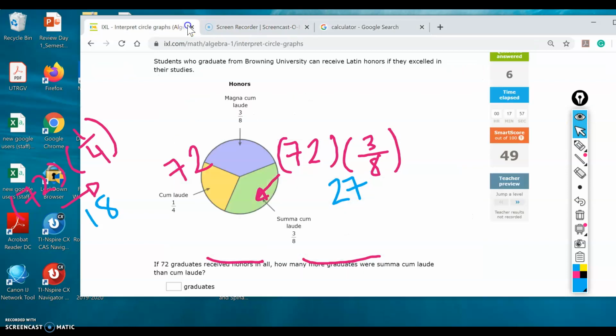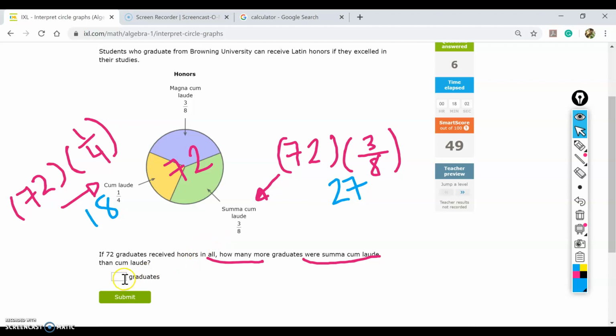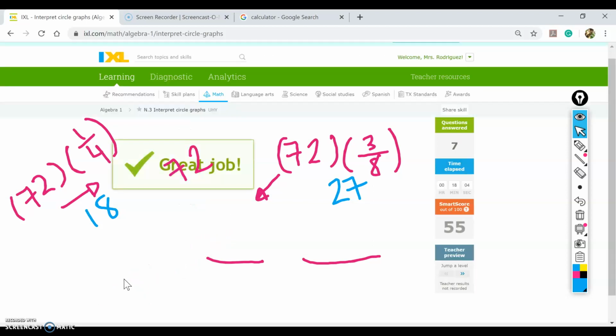So let's try it. Oops. So I'm going to try here, 9. And